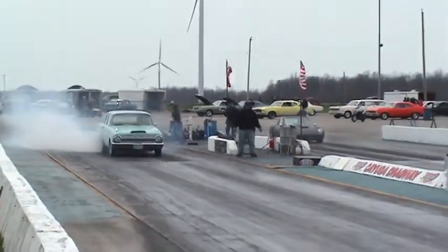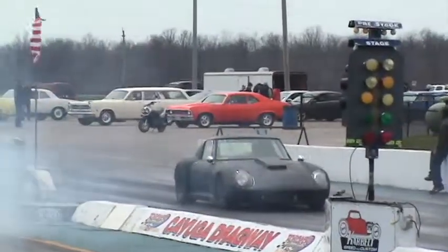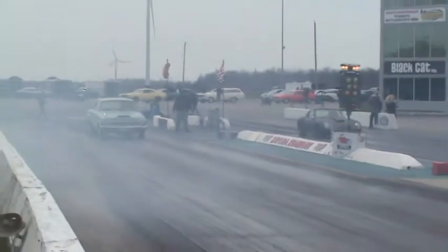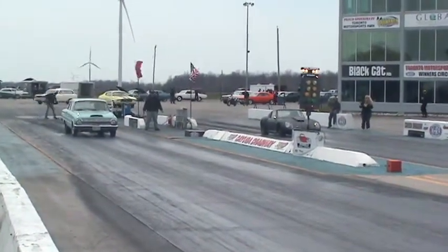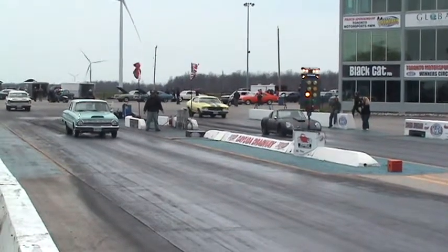And then back on. Alright, John Willie from Dunville in the Razzo Italiano, gonna dial 11 flat. That's pretty quick for a street-driven machine. Steve Klein from Crystal Lake in his 63 Falcon, gonna dial 1218, which is pretty darn fast for a 289 Falcon. So, the Razzo Italiano will...